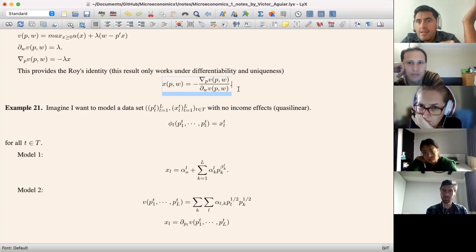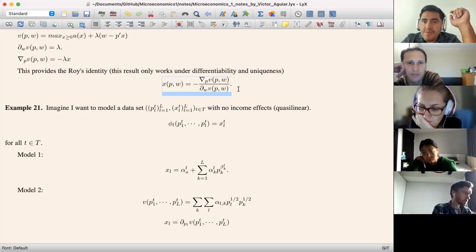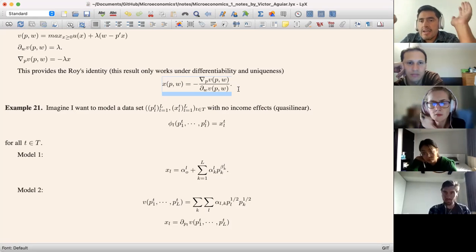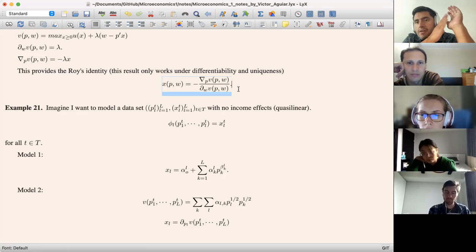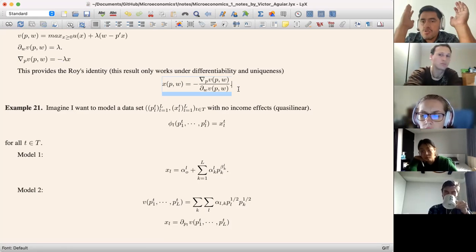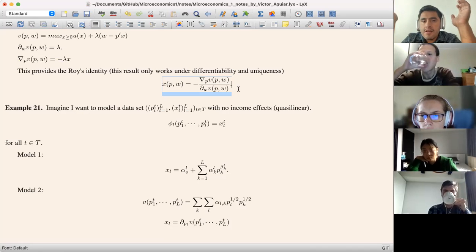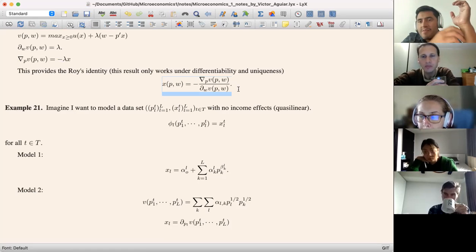So what is your output? It is X, the quantity. What is the independent variable? Prices and income. Forget about endogeneity and other issues for now. This is a classical regression problem: you have quantity X versus prices and income. Do you understand the dimensionality of this problem? Imagine you have,